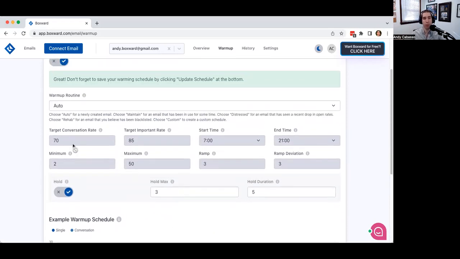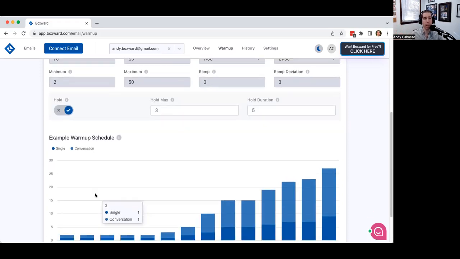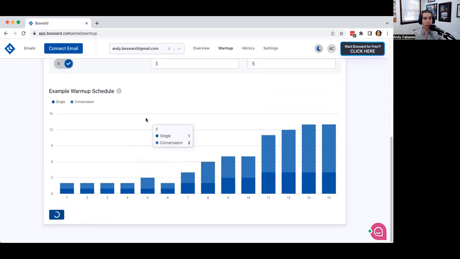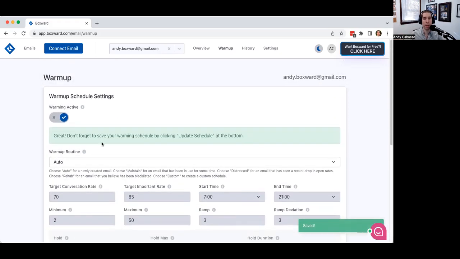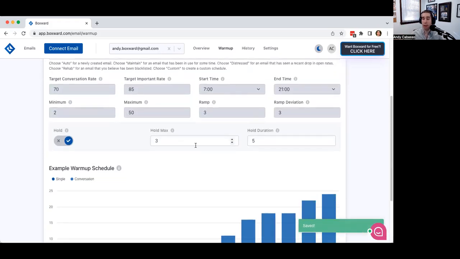And we have a target for what percentage of the emails are going to get a reply or back and forth conversation, or what percentage are going to get marked as important if they're in Gmail, because Gmail has the important tag. I'll update that and save that, and then it's running. And so all of this works on its own.